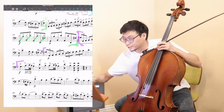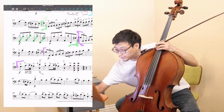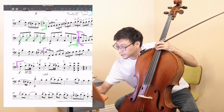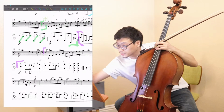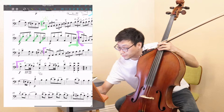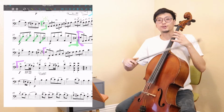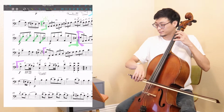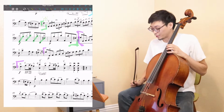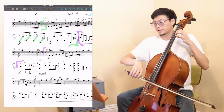And be careful of this octave. Tune. Let me write it here, closer. Tune. If your octave is out of tune, it's very obvious, so just be careful of that. So 1 and 2 and